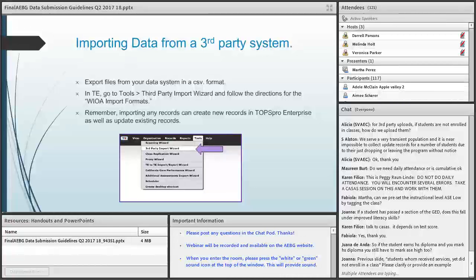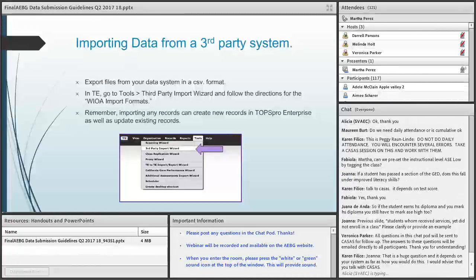Make sure you select the new WIOA import formats. And also, when you're importing these files, they must contain the same type of classes or same information that corresponds to a specific class that you may already have created in TE. Otherwise, it can create new records in TOPS Pro Enterprise. So the goal is to update the existing records and bring over new records if that's the case.